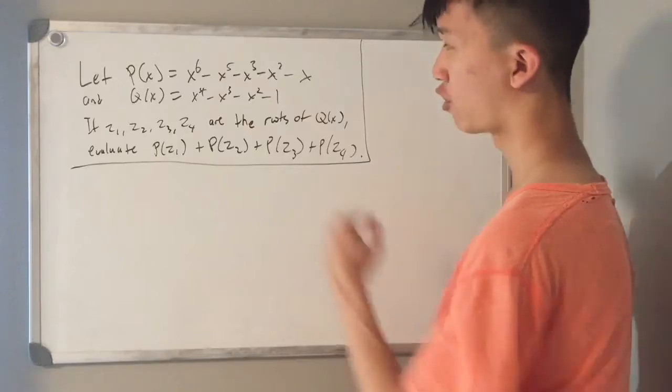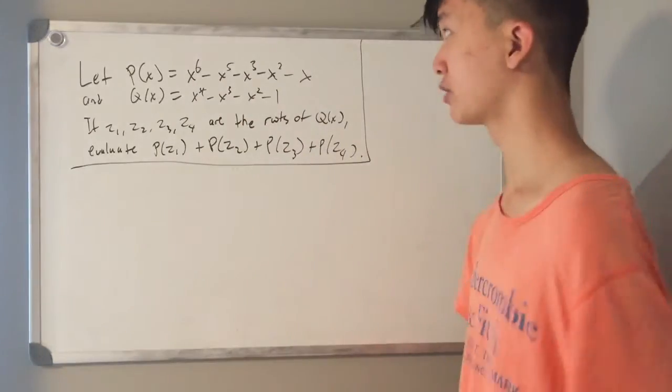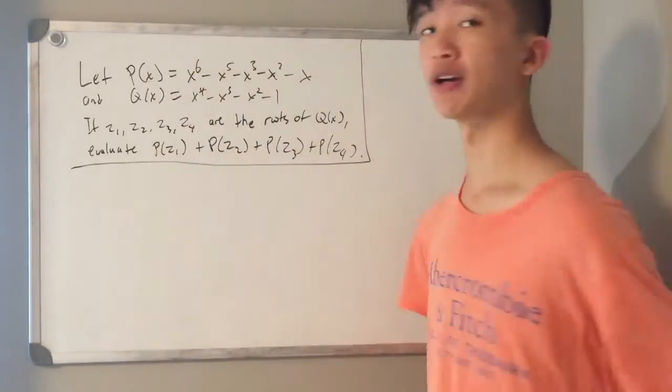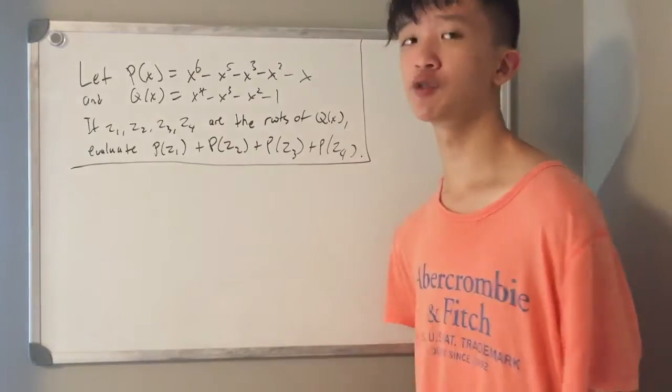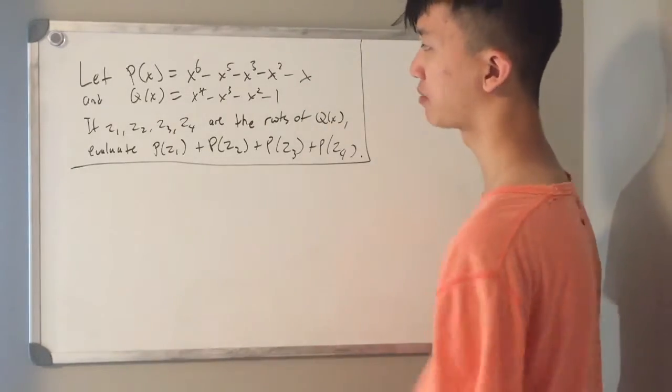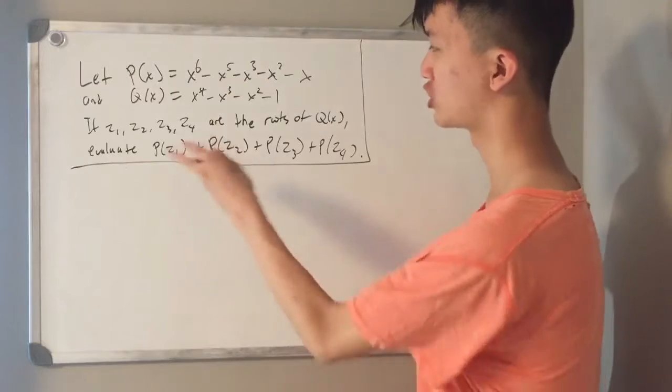So first we notice that the coefficients of these two polynomials are really similar, the first one being 1 and all the rest being -1. And so we think to use polynomial long division. After all, p of x probably divides q of x, since we're looking for each of these roots into p